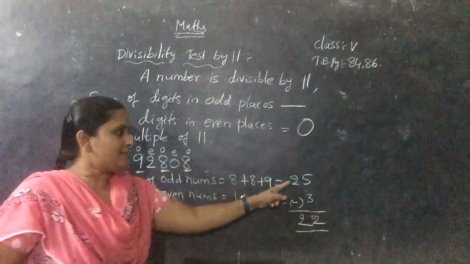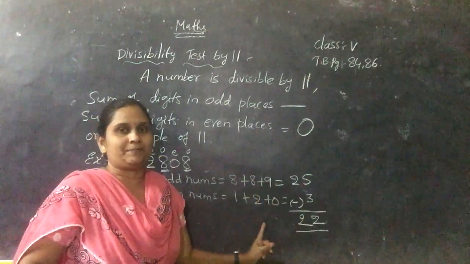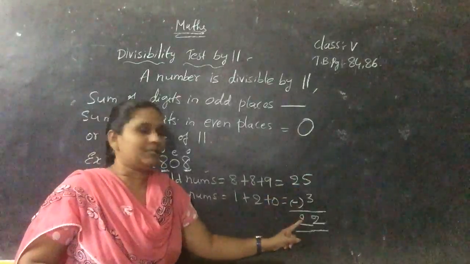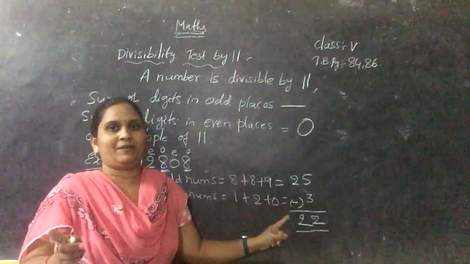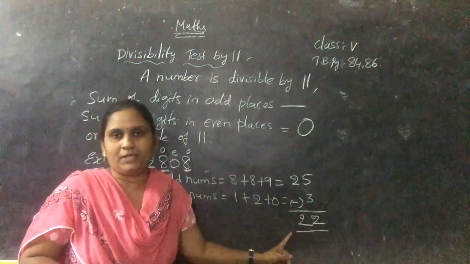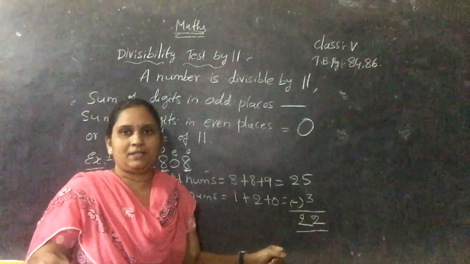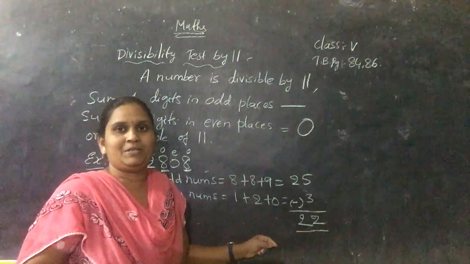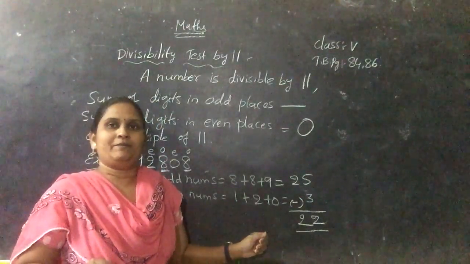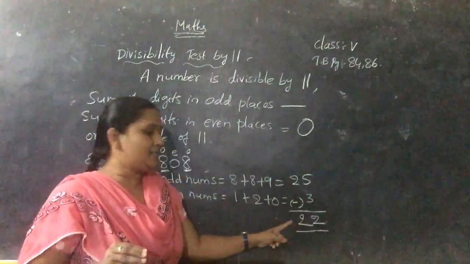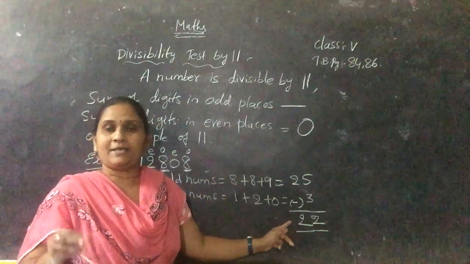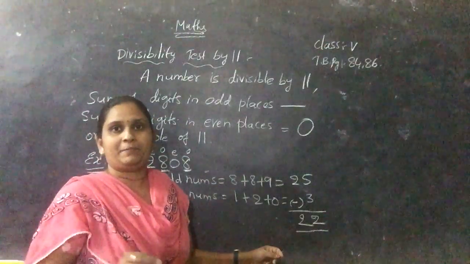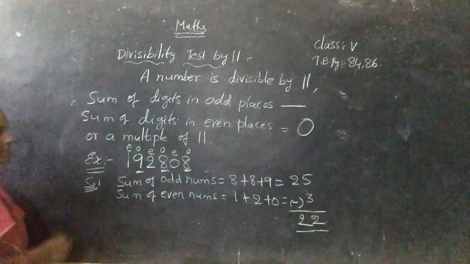So like this, do the addition of odd places and of even places, and for the totals do the subtraction. If the total we got is 0, definitely that number is going to divide by 11. If the total is like today's 22, or 33, 44, 77, 88 like that, multiples of 11, then that is also divisible by 11. If the difference is like 21, 36, or the remainder will be 1 like that, then it will not be divisible by 11. So now write the conclusion.